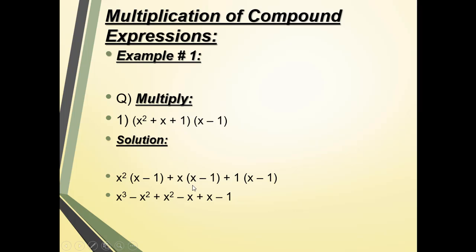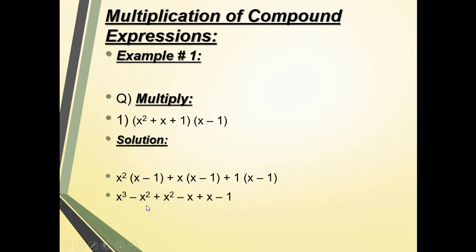Secondly, this x will multiply with this x. This x contains power 1, this x also contains power 1, so 1 plus 1 will become 2, so the product of x and x is x square. Number 2, we also have to multiply the signs in case of multiplications. So plus minus is equal to minus, and when we multiply x by 1, we will get the answer x. Number 3, plus is plus, and when we multiply 1 with any value, we will get the same answer. So x minus 1, you have written as it is.